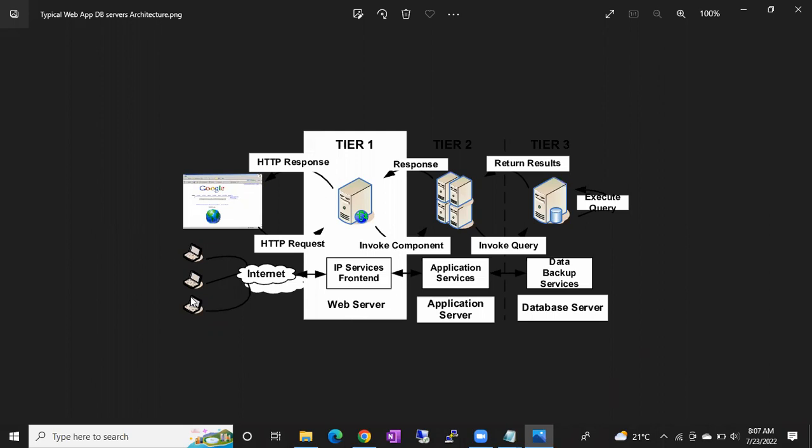And here we are having the application server. Let's say in this 3 tier, we have web server, application server, and database server. So the application server will be managed by the application team, and the database server will be managed by the database team. And what about the web server? The web server will also be managed by the Windows team only, generally.